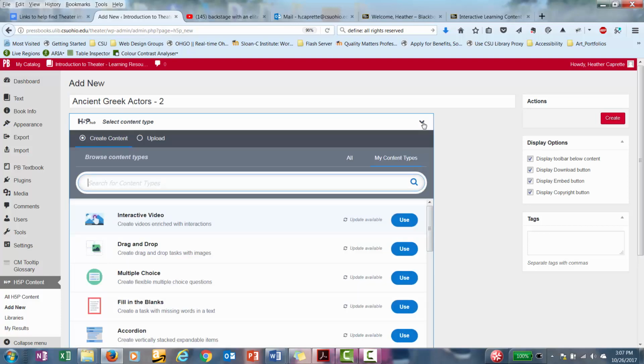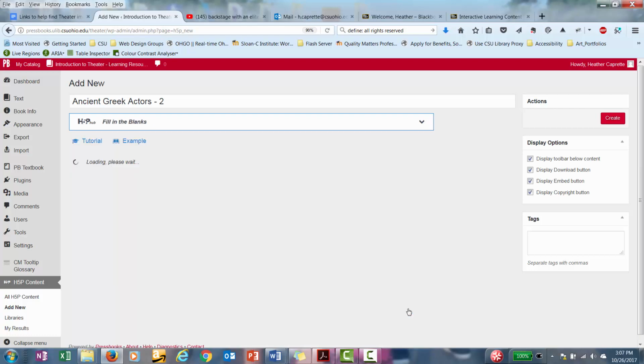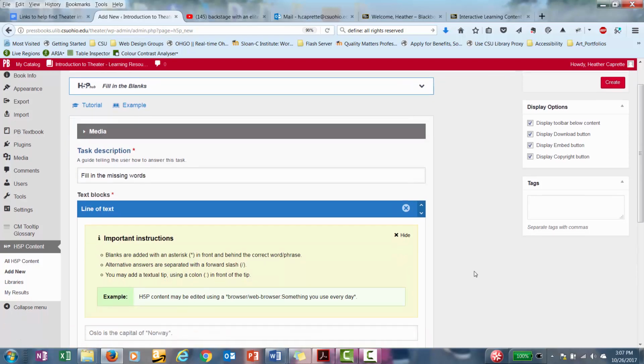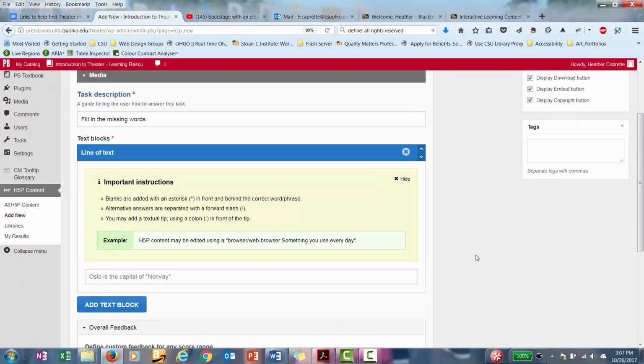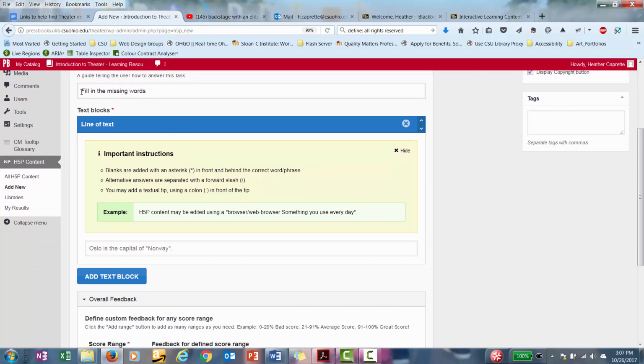For content type, I'm going to look for fill in the blanks and click the blue Use button to the right of it. I don't want to add any images or video with this. I just want to create a simple statement that people can answer. So it's already prompted, fill in the missing words. And then